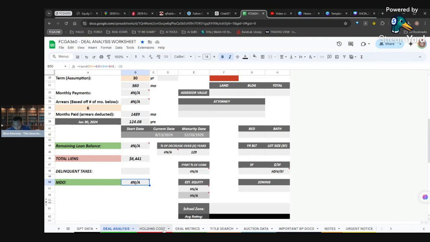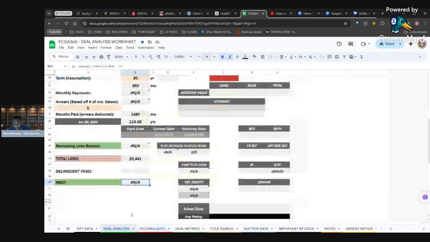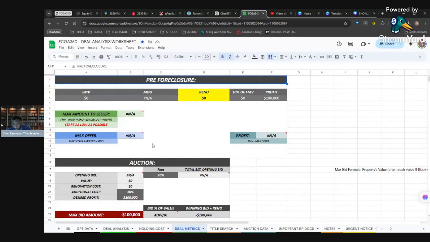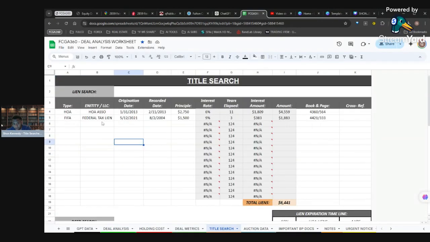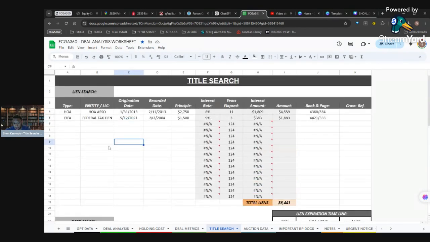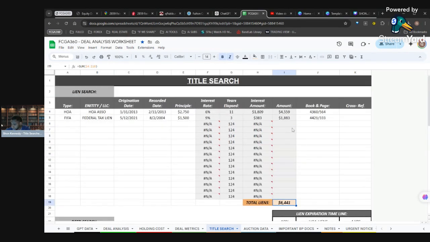We have different tabs right here. We have a holding cost tab that populates itself right here in this cell. I'm still working on this cell right here. This is our title search section, so that way I can enter all the liens that we find in here, and it'll add up all these numbers. I may have to add more sections here just in case there are more liens, but for now,